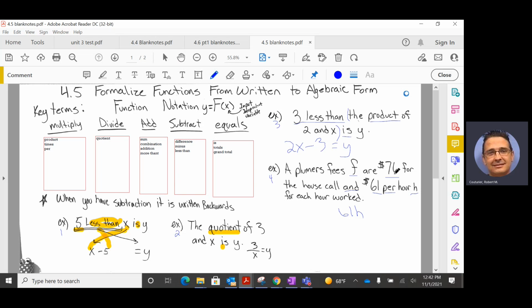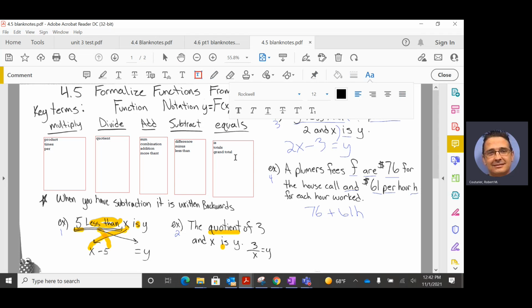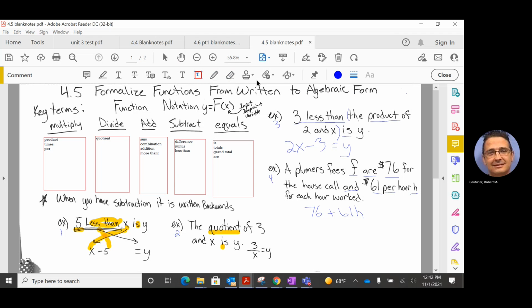And there was a base cost of $76. So that plumber was charging you $76 for the house call, and that was addition. The plumber's fees are, again, another word we could use over here for equals. The plumber's fees are, or means totals, right? Same thing. So all of this is going to total